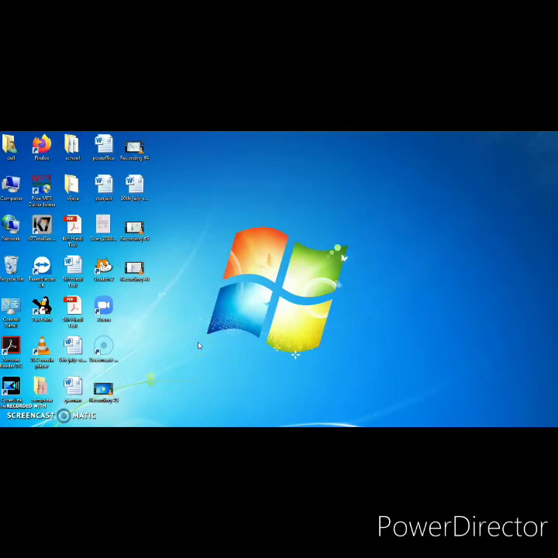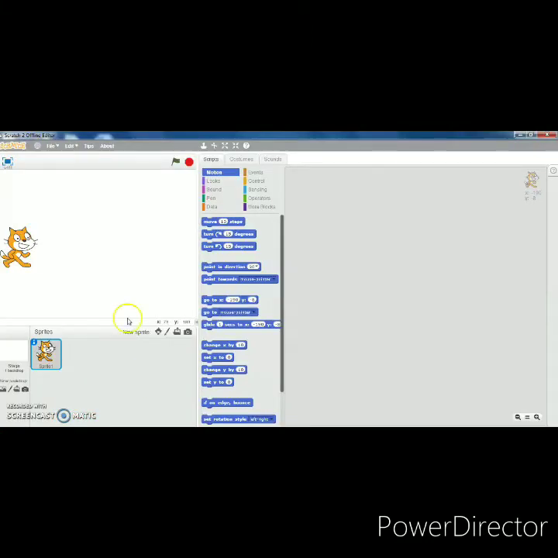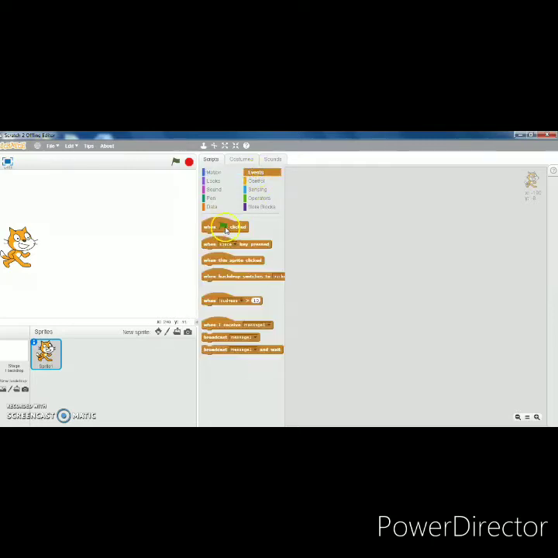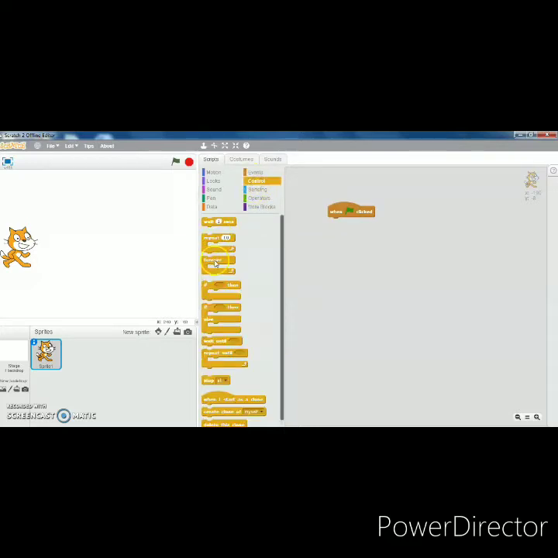Now we will do the practical of how the sprite position is set. Setting the sprite position means you will see how the x, y coordinate of the stage changes. Firstly, we will open Scratch. We will take this cat, and as the first step take an event, so the script will run when the green flag is clicked. After that I am taking a forever loop.